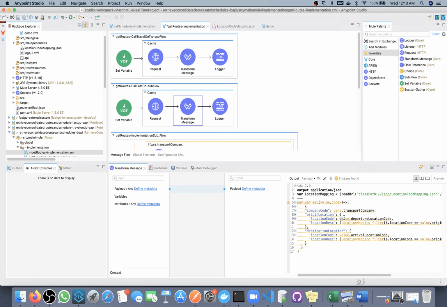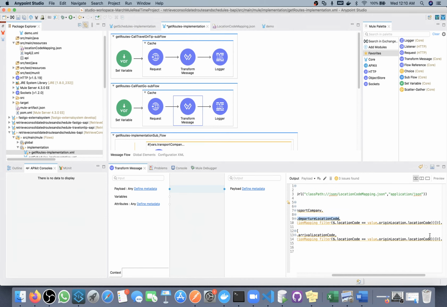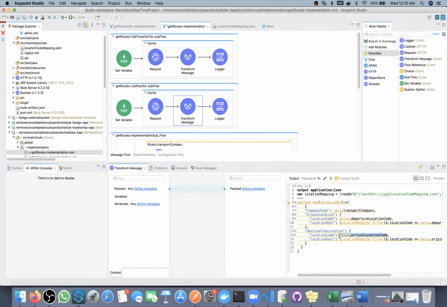Okay, and then we need to change this value. From which value I want to do this filter, every time you need to change this. Okay, and for this I want to use this as a filter.